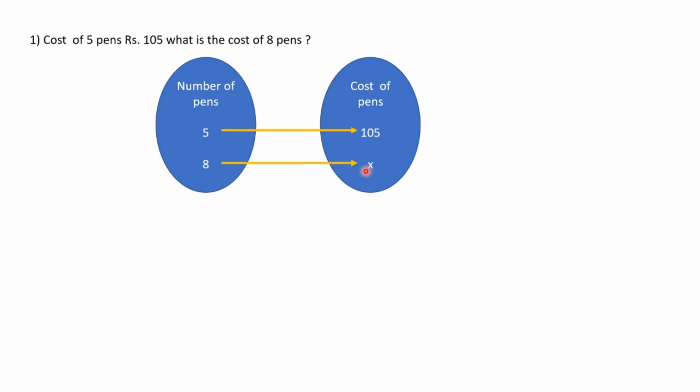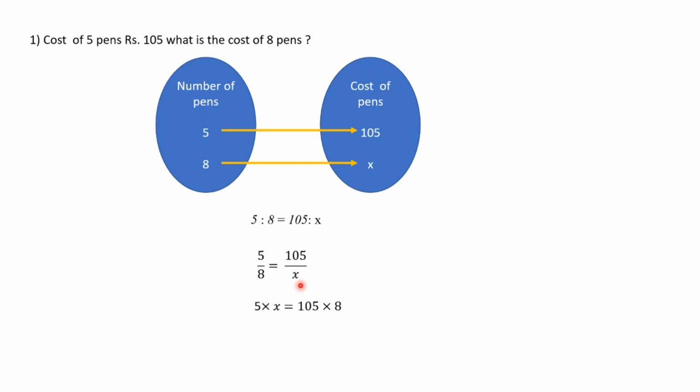Then you can see the relation I told you. You have to write these two as a ratio, 5 to 8, and these two as a ratio, 105 to x. Look at this, very easy. Write the ratio on your left side, and write the ratio on your right side. Now write it as a division. Then this looks like an equation. So how do you solve this equation?